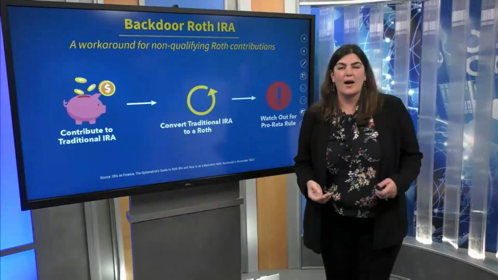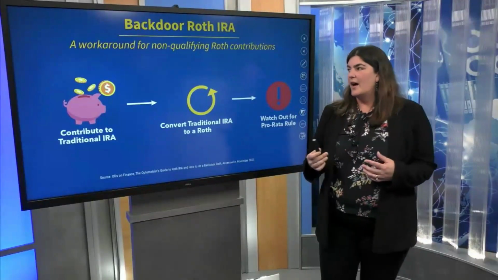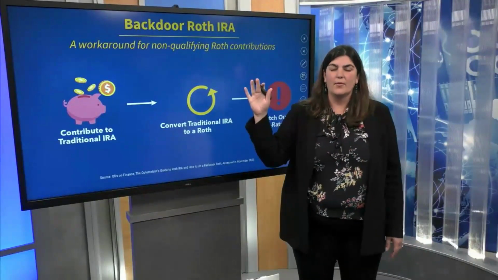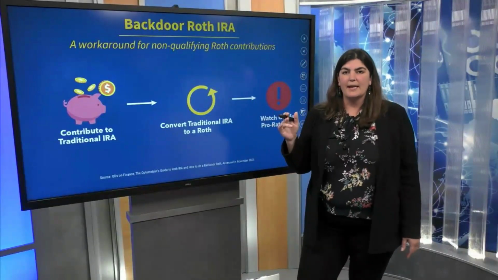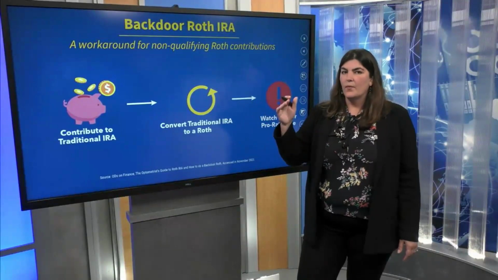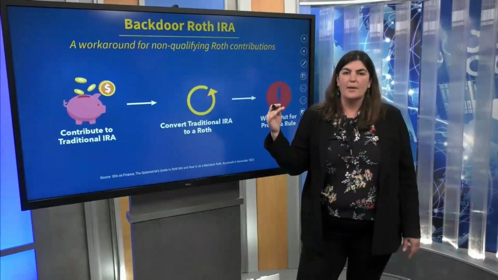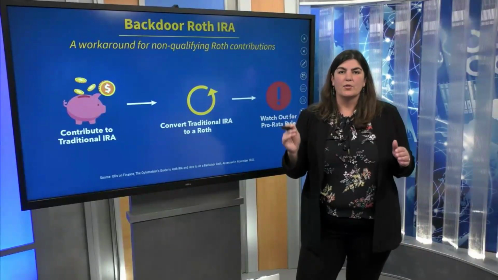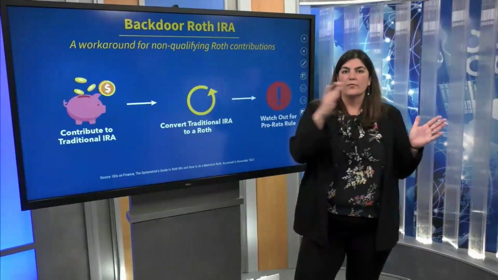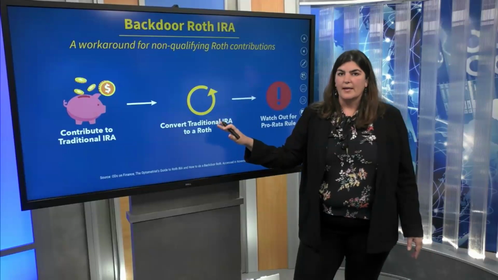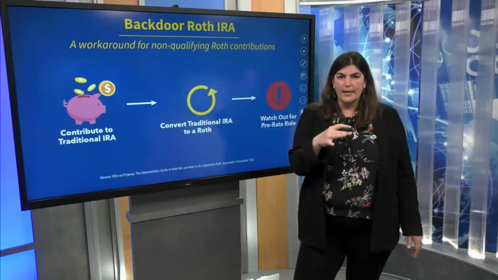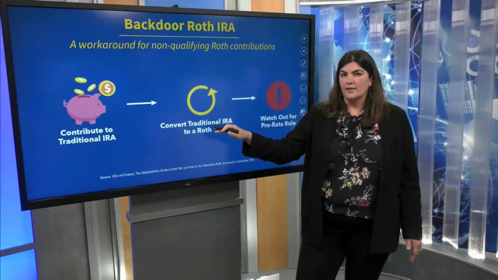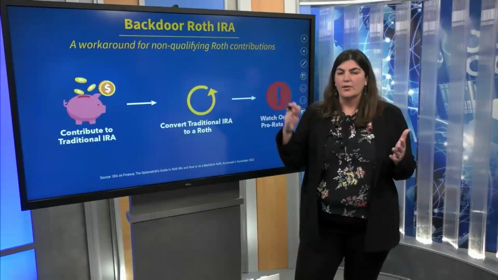All right, so I mentioned the backdoor Roth contribution before, and this comes up when your income is above the Roth IRA limits. So that varies by filing status. But if you are too high of income in order to make a direct Roth IRA contribution, you can make your contribution to your traditional IRA and then just convert it in the same year. This is most effective if you're not contributing to an employer plan, and so your traditional IRA contribution is not deductible. It creates basis and it turns that into a